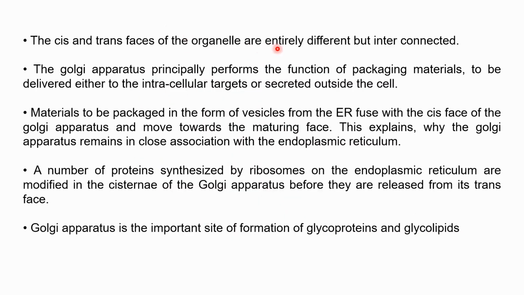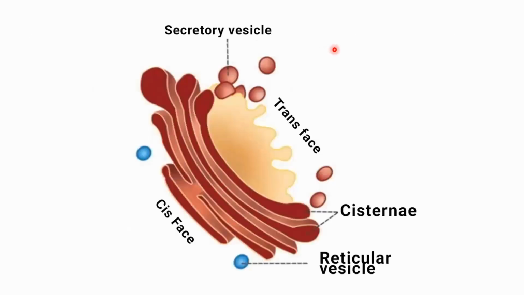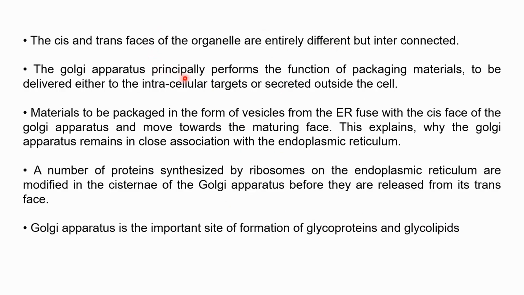The cis and trans faces of the organelle are entirely different, but they are interconnected. So the Golgi apparatus primarily performs the function of packaging materials to be delivered, as I mentioned, either to intracellular targets or outside the cell. So basically the main function of the Golgi apparatus is packaging. Whatever proteins and lipids are formed by the ER are transported to the Golgi apparatus for further packaging and transportation, so that after packaging, the cargo can be delivered either intracellularly or outside of the cell, whatever the